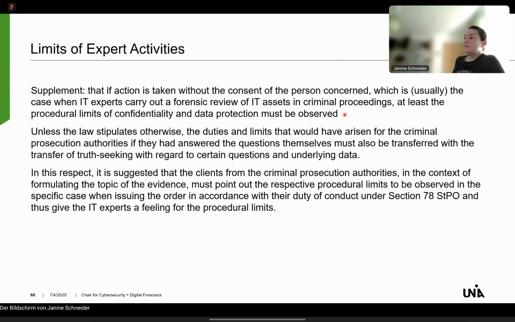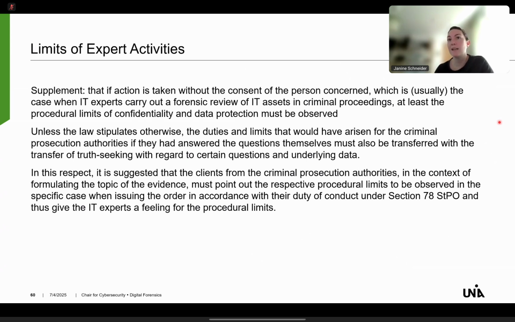So because you are digging into the lives of people, you should not talk about what you find on these computers. You should protect the rights of the people whose devices you analyze. And of course, you should stick to the law and what is allowed, and what you should do and what you should not do. This is very important, and I think sometimes, especially law enforcement people, sometimes forget that